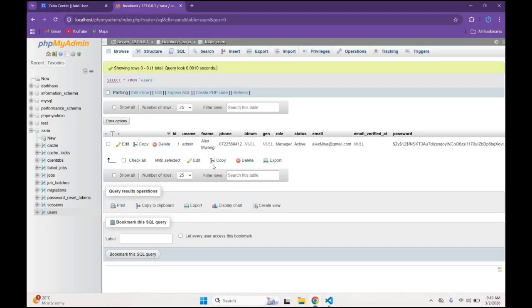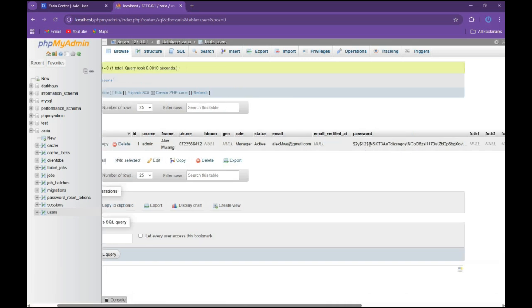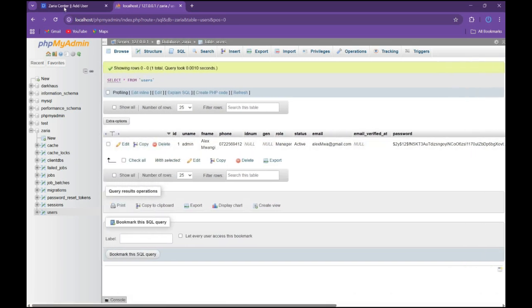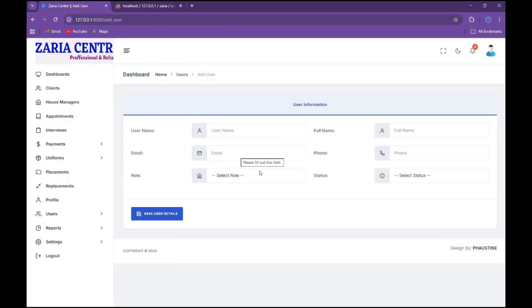So yeah, it's adding to the database. The password is here, encrypted. Of course, it's the phone number. I'll make a separate video on how to create a login and logout so that this can be done,